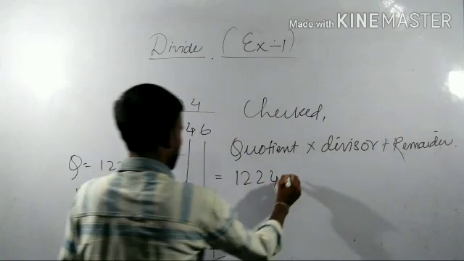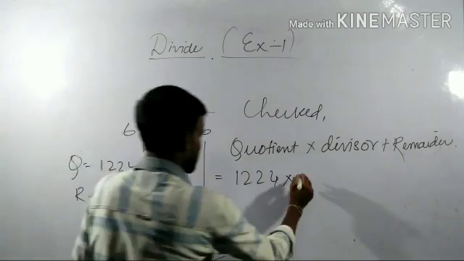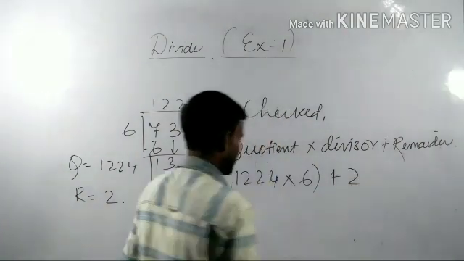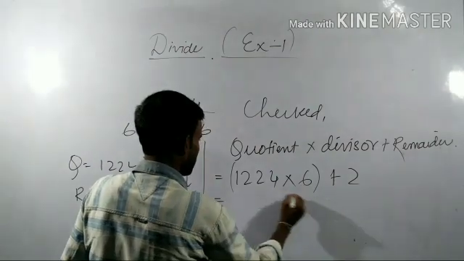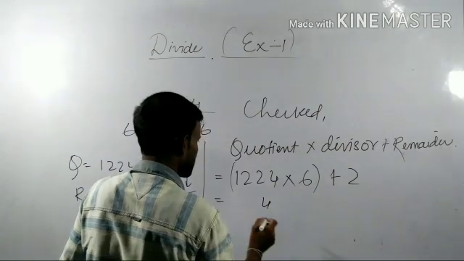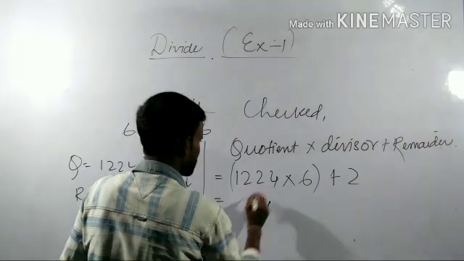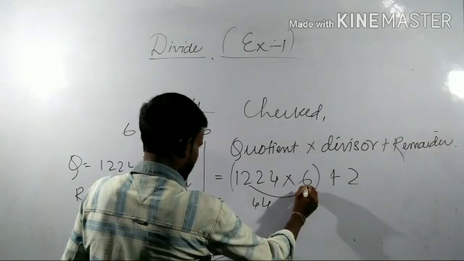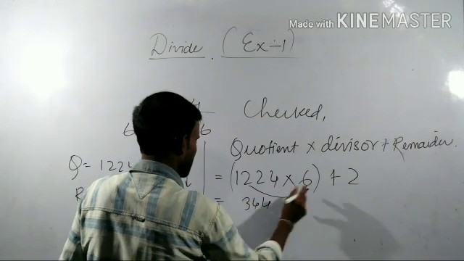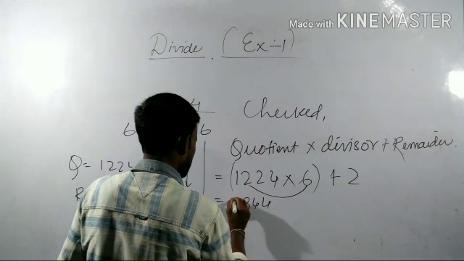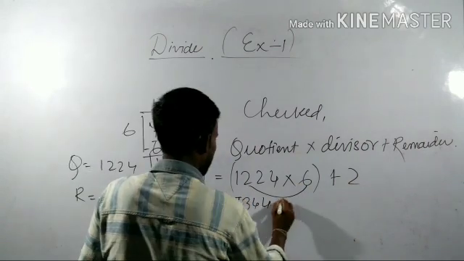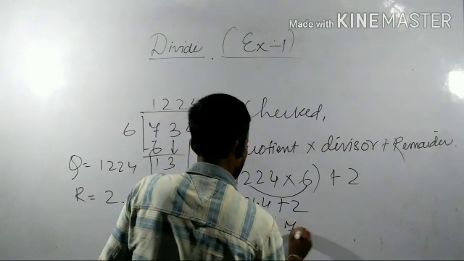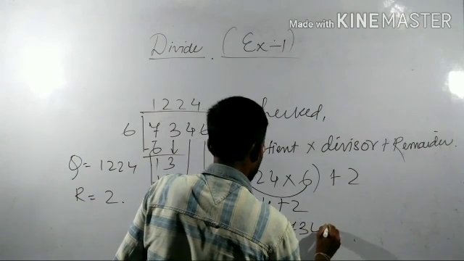4, then into your divisor is 6 given here. Now remainder is what is given here, remainder 2. So write 2 here. Okay, so if you multiply now, 6 4s are 24, this is 4, then 2 is carry. Then 6 2s are 12 and 2 is 14, 4, then again 1 is carry. 6 2s are 12 and 1 is 13, 3, 1 is carry, then 6 1 is 6 and 1 is 7. Then again here you have to add 2. Then 7 3 4 6.